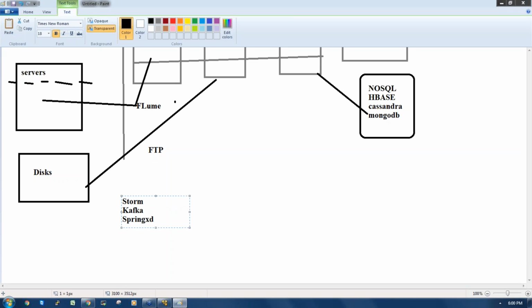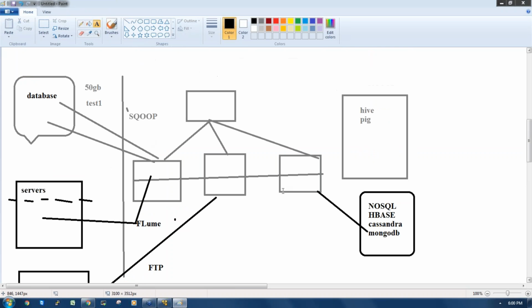So these are the different streaming tools, apart from Flume, that we use to stream the data to the Hadoop cluster. So as somebody tweets here, that will be streamed to the Hadoop cluster. So immediately we can identify what is the top rated tweet, and we can see how many people liked it, disliked it, and the comments.